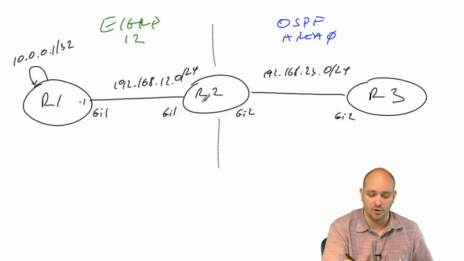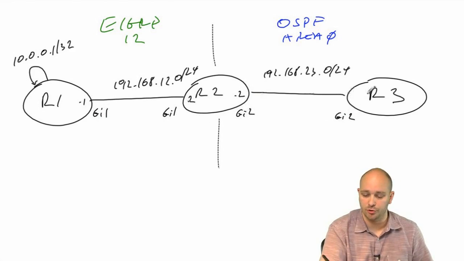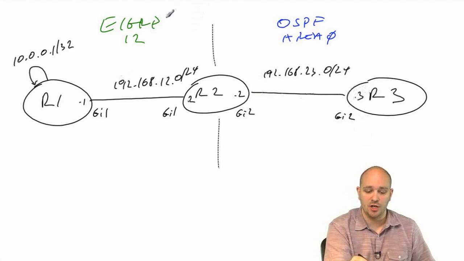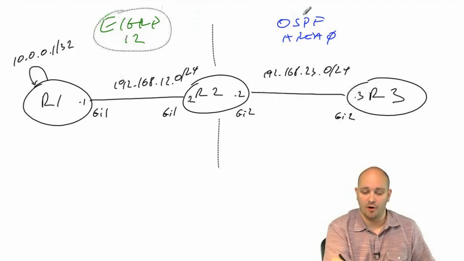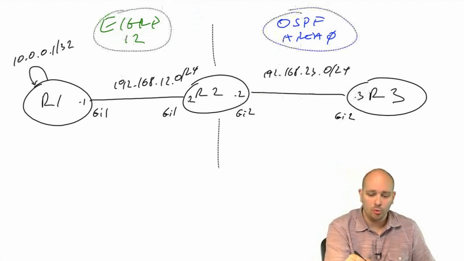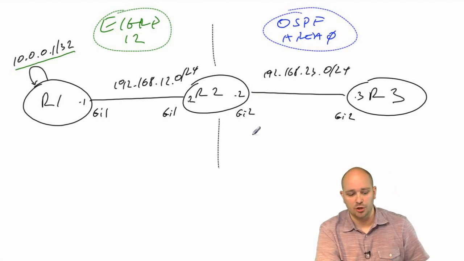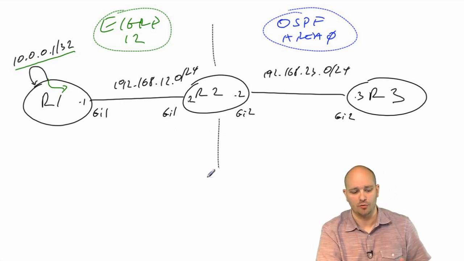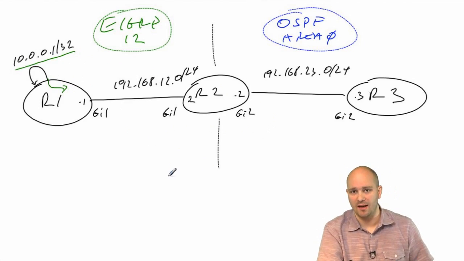Obviously, the IP addresses here are .1, .2, .2, and .3. So let's say that our EIGRP and OSPF are configured, but there is no redistribution involved. Also, this interface here, 10.0.0.1/32, is being injected into EIGRP as an EIGRP internal route, which means that on R1 we have the network